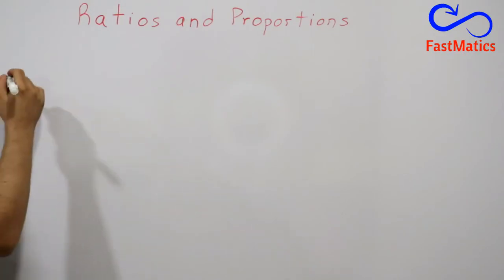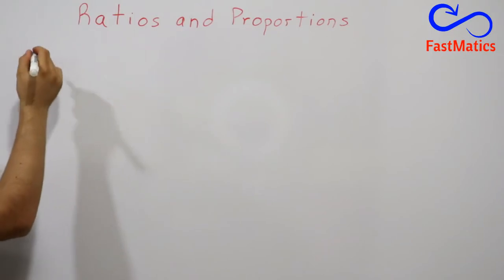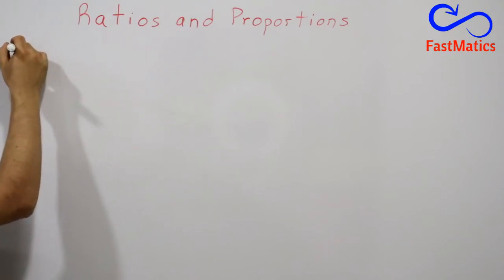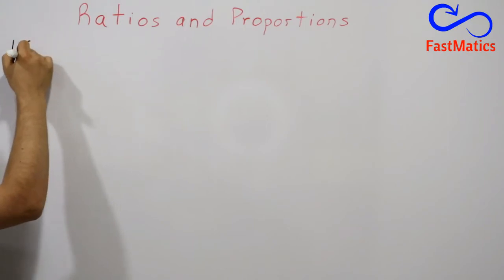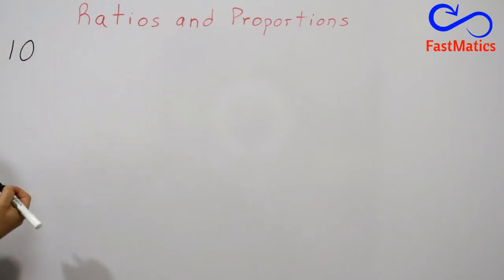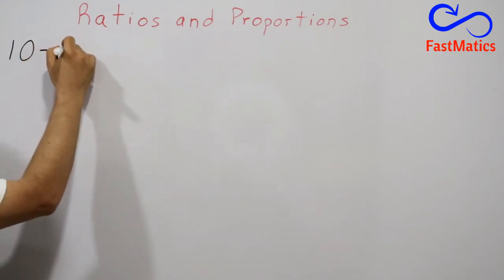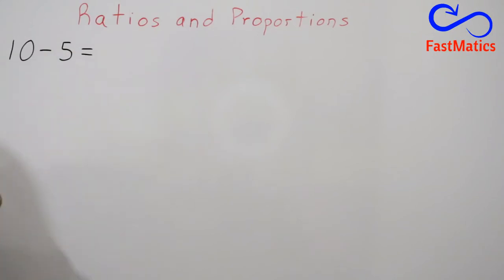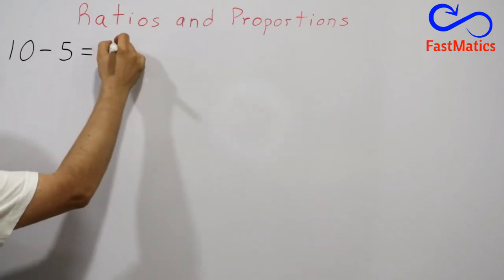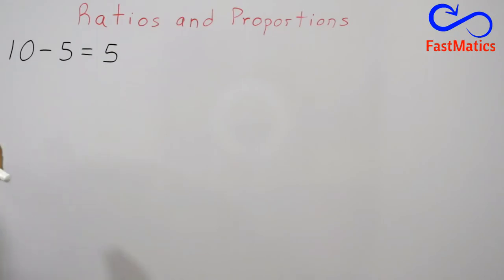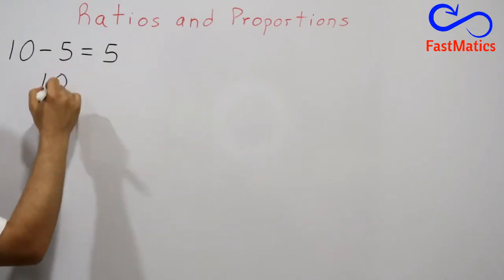For instance, if we have a house with a price of 10 millions. And then my friend has a house with a price of 5 millions. We could subtract quantities and we could say we have a difference of 5 million between my price and his price. But also we could compare those houses